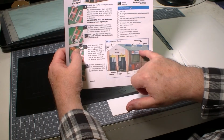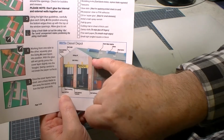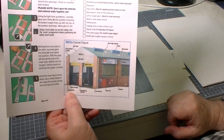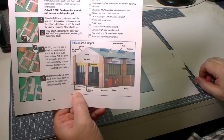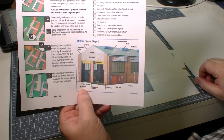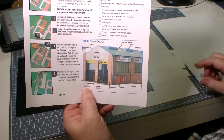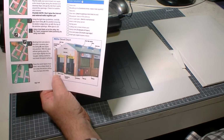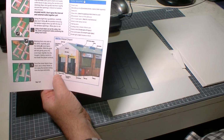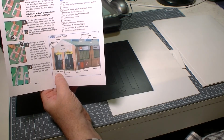along here, I'll bring it up a bit closer, along here, sitting on top of the wall, is the guttering. Now the Scale Scenes kit just has that as a block of card, 2mm thick by 6mm wide, with a paper wrap on it to try and make it look as if it's dirty. I decided that I didn't like that, so I'm going to make that from 2mm by 6mm plastic channel,